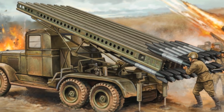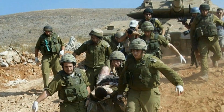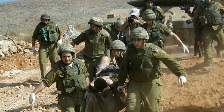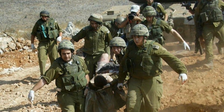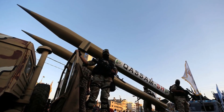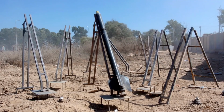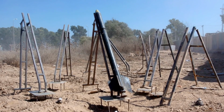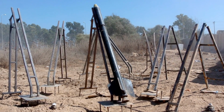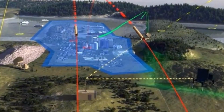In the attack, approximately 44 Israeli civilians were killed and approximately 250,000 people were evacuated and moved to other areas of Israel. More than 4,000 mortars and Qassam rockets were fired into southern Israel from Gaza between 2000 and 2008. Due to the addition of 122mm Grad launchers to the Qassam's range, nearly 1 million southern Israelis came within the range. So in February 2007, the Israeli Defense Ministry agreed to build a mobile air defense system in response to